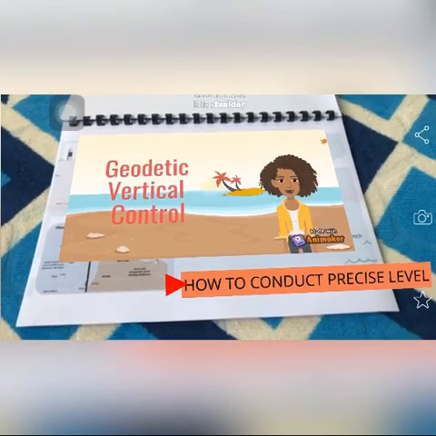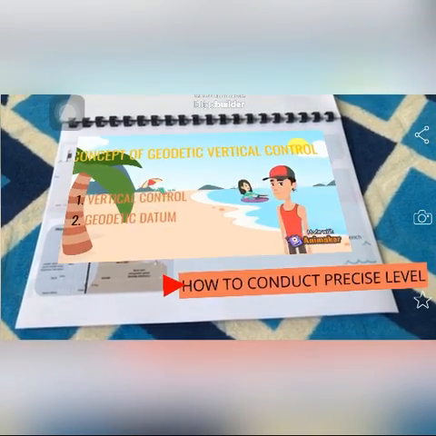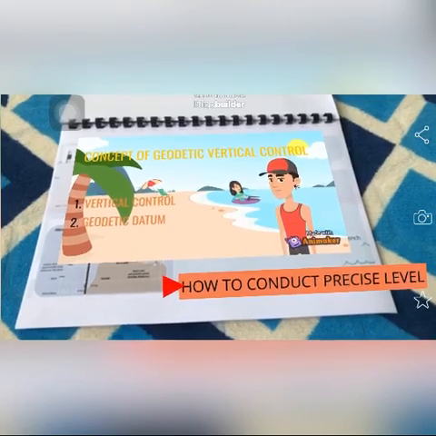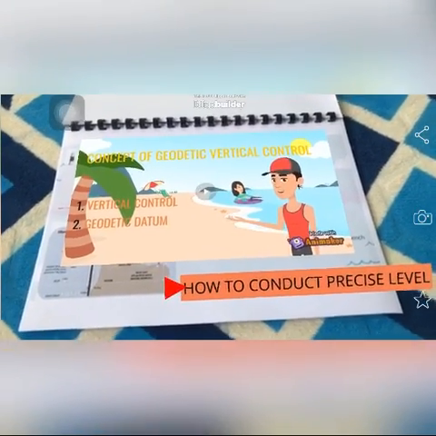Hey guys, this is Dorothy Vertical Control. Here we get two concepts. The first one is vertical control and